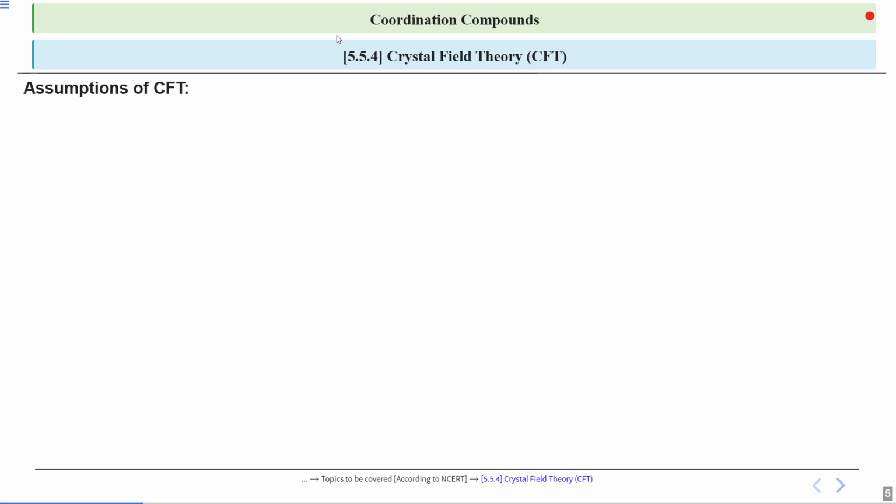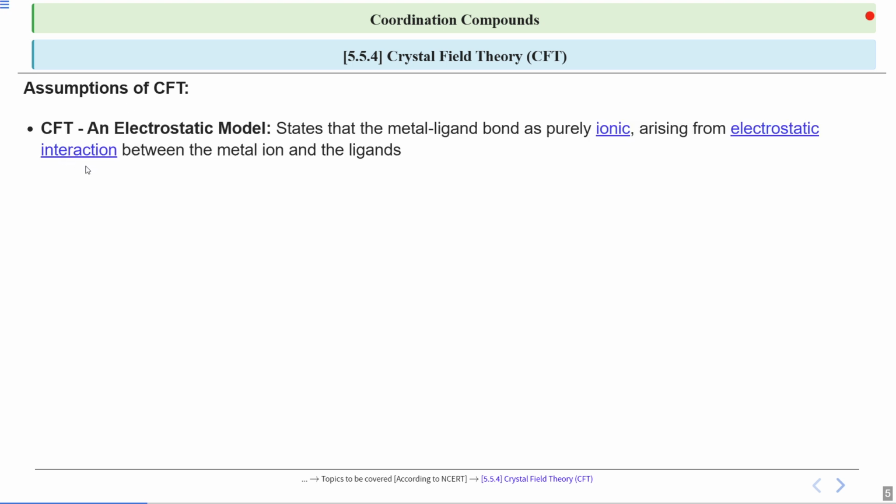So let's begin with our today's topic, subsection 5.5.4 crystal field theory, that is CFT. There are some assumptions of the crystal field theory that you have to take while understanding this theory. First, what is the crystal field theory? It is an electrostatic model. So what does this state? That the metal ligand bond in the complex is purely ionic, arising from the electrostatic interaction between the metal ion and